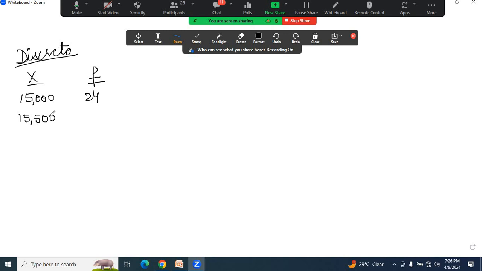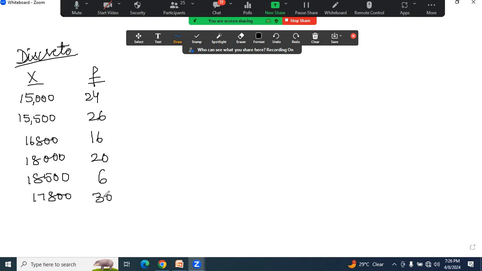15,500 income group, 26 people are there. 16,800 income, 16 people are there. 18,000 income, 20 people are there. 18,500, 6 people are there. 17,800, 30 people are there. This is an example,